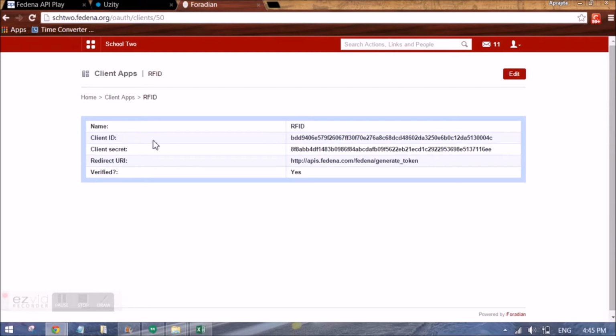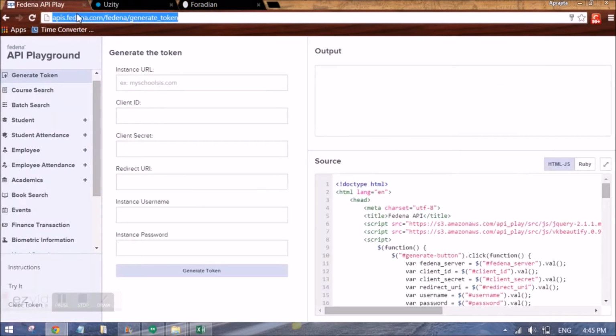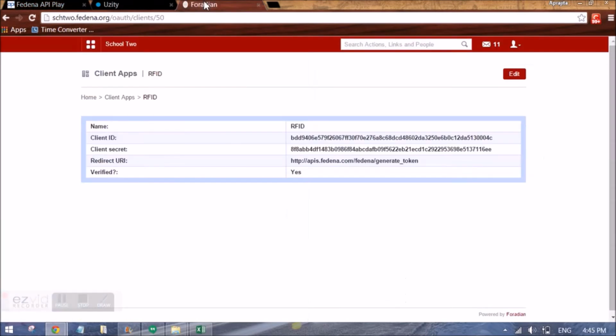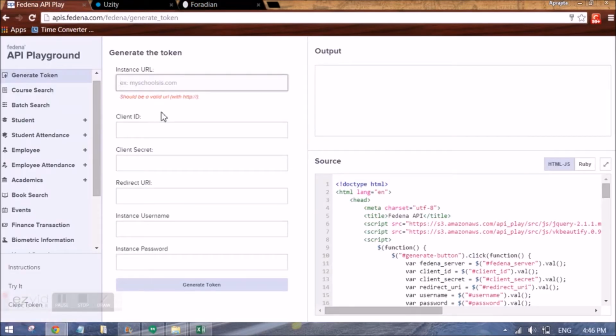Now this client ID and secret must be used by the custom application or the third-party application to start using Fedina. So let me show you that. Here, the first step after generating the client ID and the client secret is to generate a token to be able to use the APIs that are listed here.